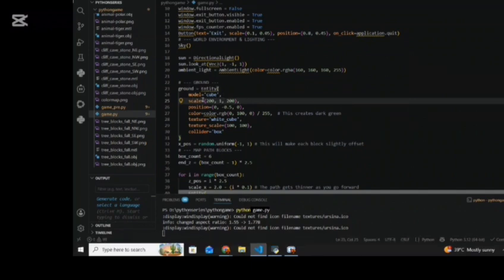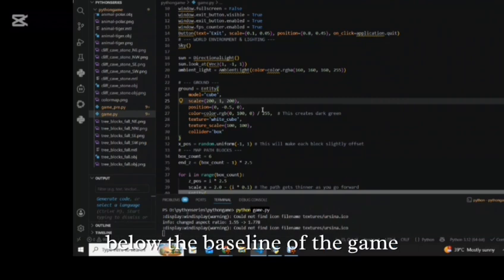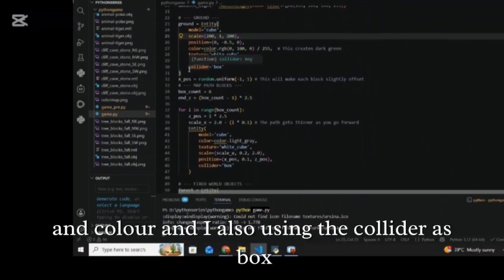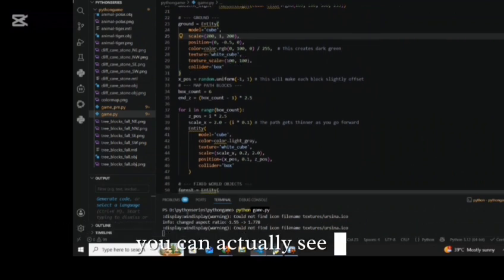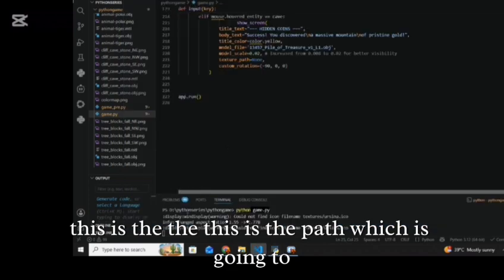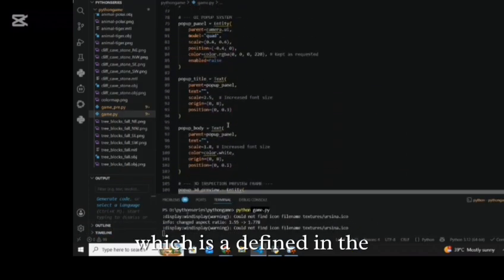And right after, within the ground, because it is the entity of our world, I'm using model as cube, having this particular scale and the position slightly below the baseline of the game, having the texture and color, and also using the collider as box. You can see this. This is the path which is defined in the